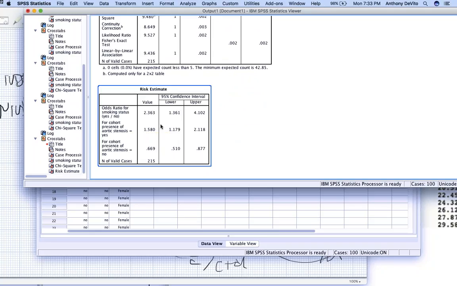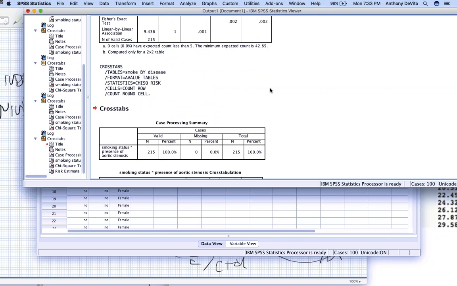Same deal there. Relative risk, of course, doesn't contain 1, so you can also reject the null hypothesis that the relative risk is equal to 1. Okay, so you can get SPSS to do all of these calculations for you. But if it's 57.4 divided by 36.4, that came from,